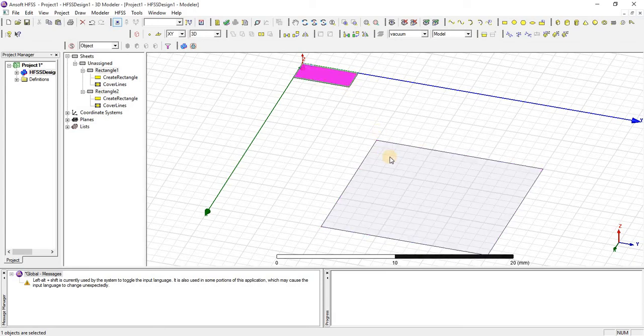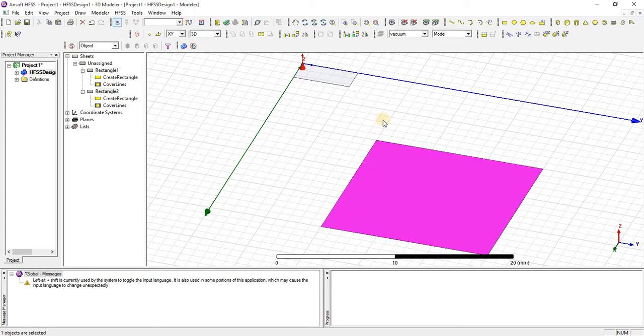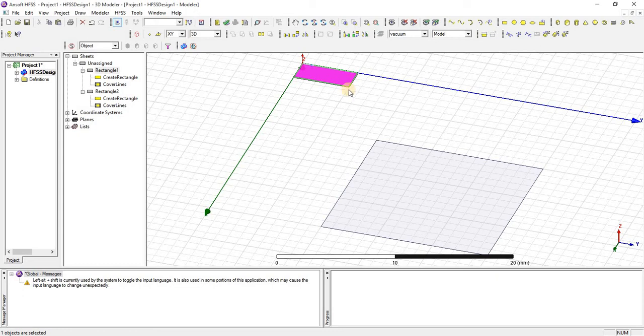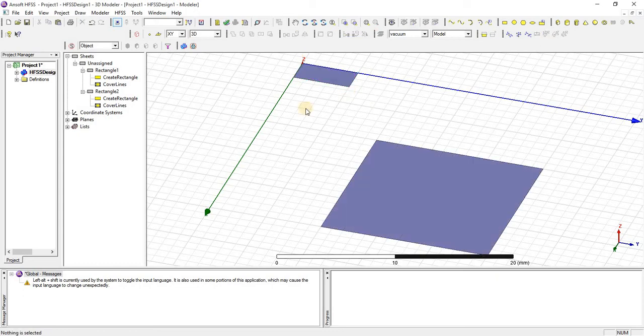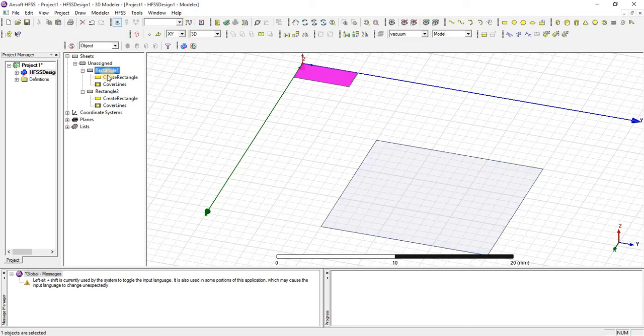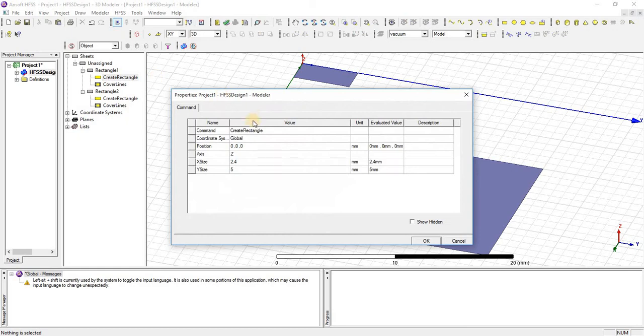Here you can see that you can select the starting position and final position, but just on screen. If you want to change their position, just click on that object and double press here. From here you can change the position of it.